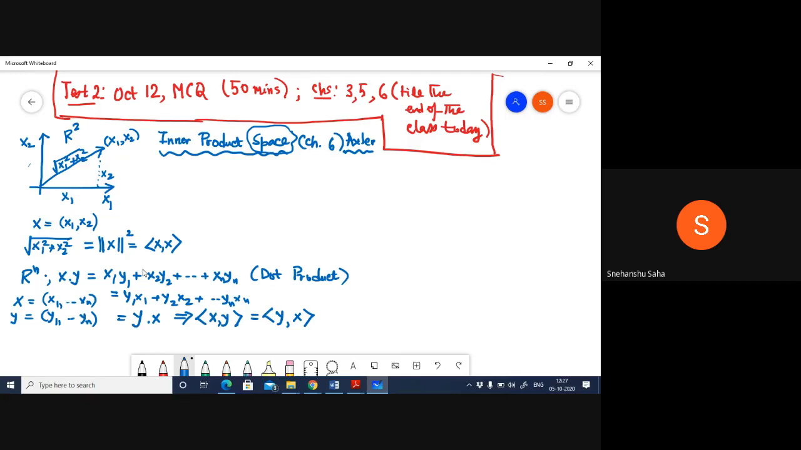Okay, all right. Now, since we have to talk about the set of complex numbers as well, there are some